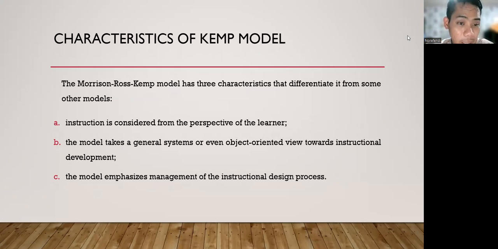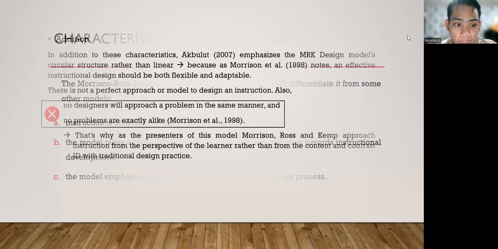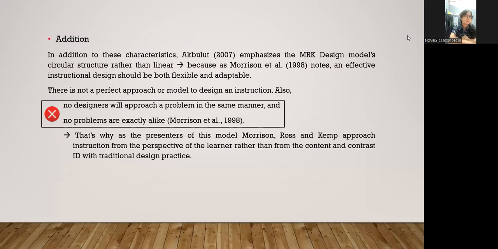Okay, the CAM model has three characteristics that differentiate it from some other models. First, instruction is considered from the perspective of the learner. Second, the model takes a general systems or even object-oriented view toward instructional development. The third, the model emphasizes management of the instructional design process. Okay. In addition to these characteristics,